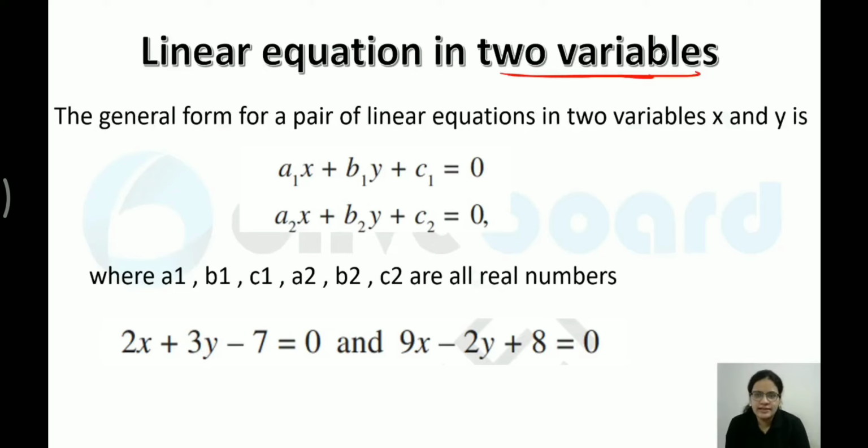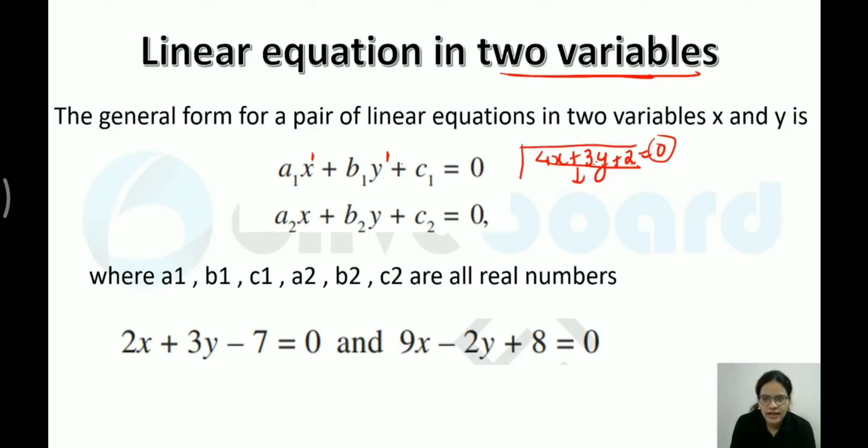So, I have to solve these 2 equations which have 2 variables. Now, this is very important. If you have x to the power 1 or y to the power 1, it means there is only one solution. What is the meaning of solution? Suppose I have 4x plus 3y plus 2. Whatever values I write for x and y, I should get the overall value as 0. That is called a solution of this equation. Are you getting my point? Yes. So whatever values satisfy this equation, that is called a solution of the equation.